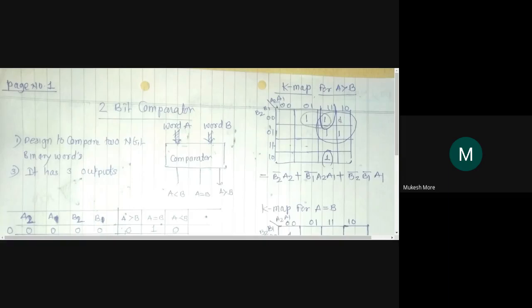Now, what is the equation of these four cells? First of all, we will group the cells. We got these four cells as adjacent cells, so we can make this group. It is the first group. Then what about the others? One is here. You can make a group of these two, or you can say this is a pair.